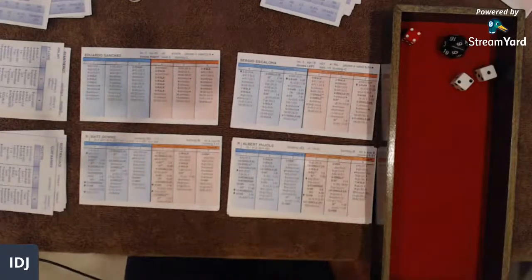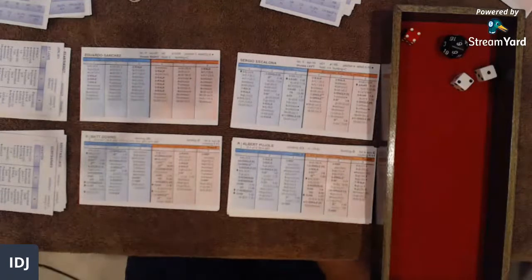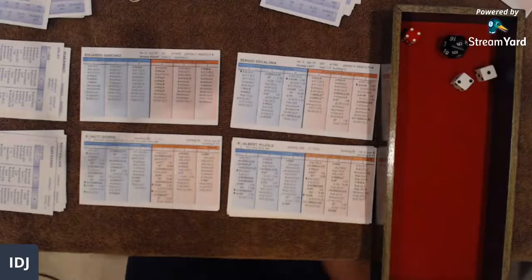4-3 right-hander. 4-3 is a ground ball. That one's going to second. Green scoops it up, throws to Terrio. Terrio on to Pujols, and that is going to do it. 4-6-3 on the ground out. And the Cardinals are going to win this one